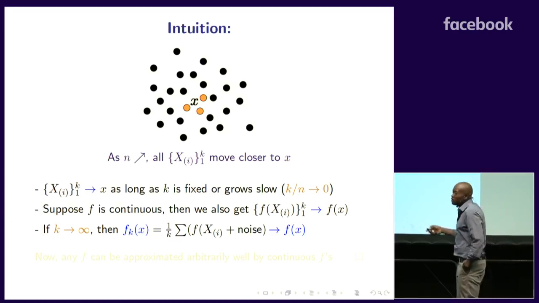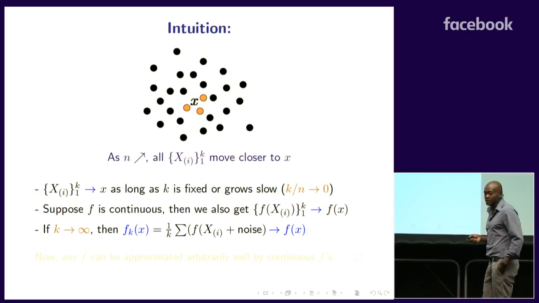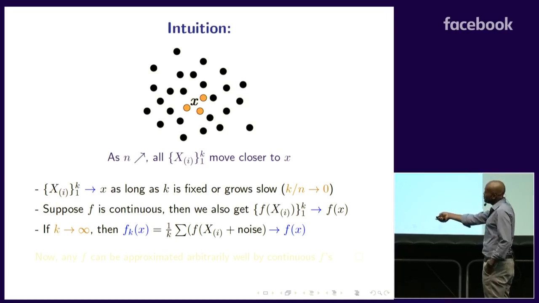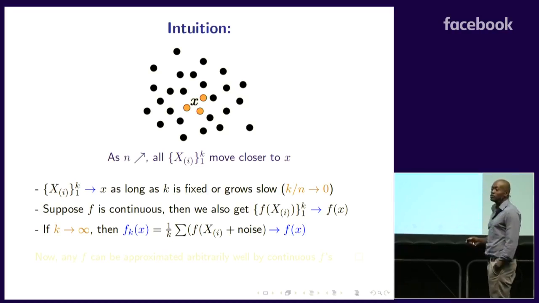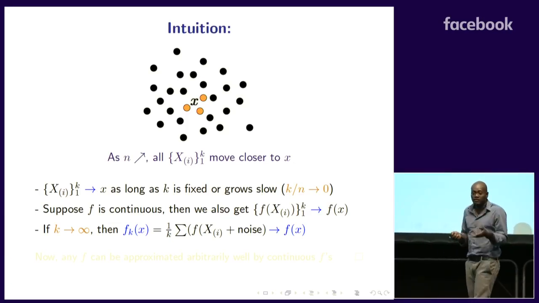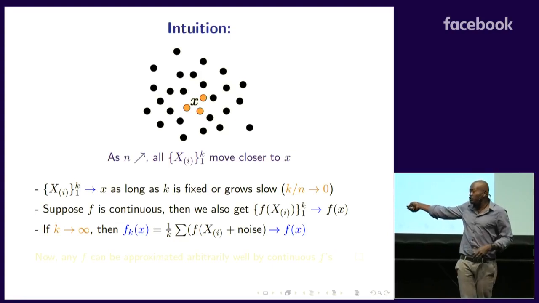And it's some form of law of large numbers. That's not exactly the law of large numbers, but some form of the law of large numbers. As k grows, this thing eventually just goes to f of x, which is the value that these things are going to. So that's the key point of the universality, but so far we've assumed that f is